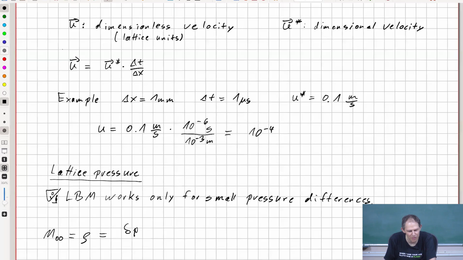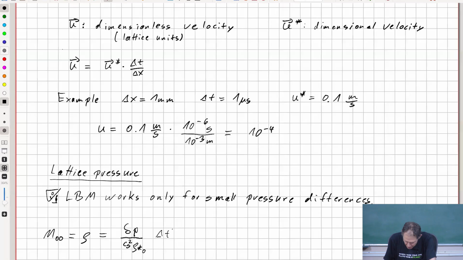So this is the small variation in pressure. This has to be rescaled, I just found that I had forgotten this. So with the speed of sound times the physical density, so a physical standard density. So the density of the fluid, which we assume does not vary very strongly. And this